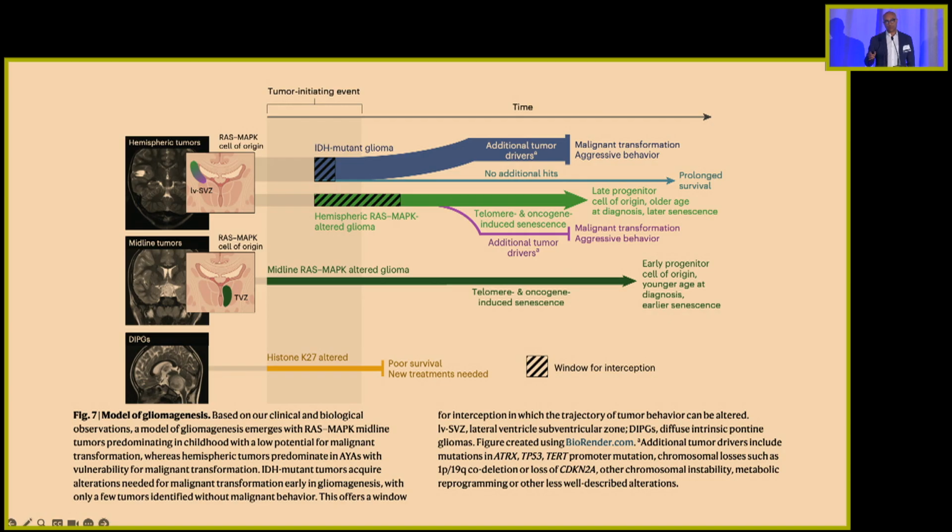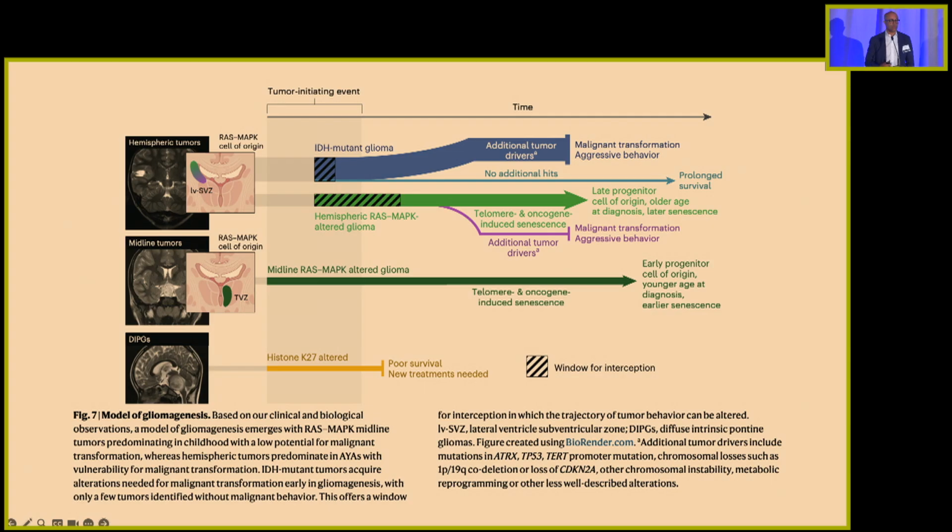And we're actually testing this idea in Toronto right now, of tumor interception. So it's very typical. My colleague Peter Dirks would see a patient at the age of 12, presented with seizure, had a very small T2 FLAIR hyperintense lesion that we presumed was likely a low-grade glioma, stable for years. He would follow that patient with surveillance imaging from the age of 12 to 18. She would graduate from Sick Kids, come to see me. I would follow her for a few years. There'd be a sudden change.